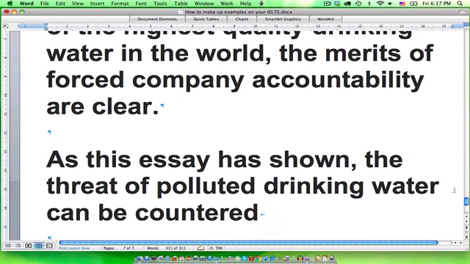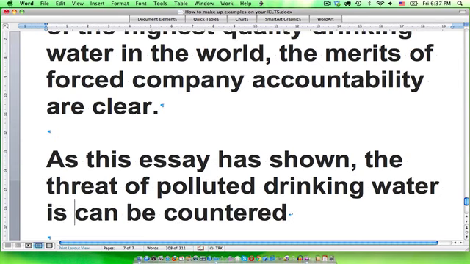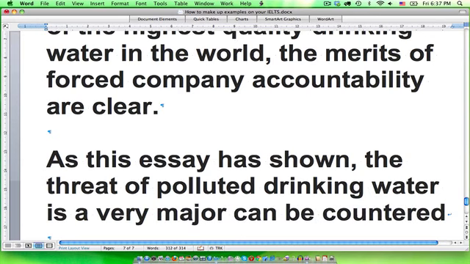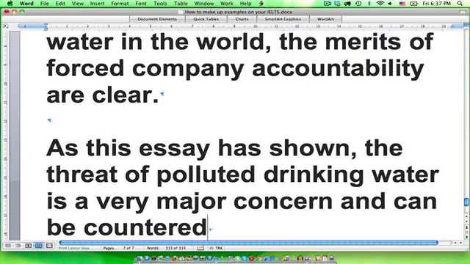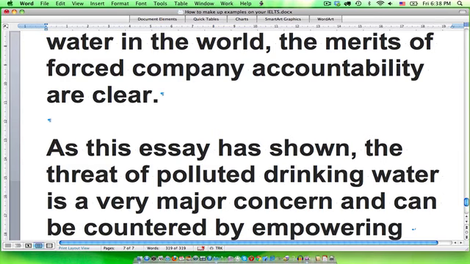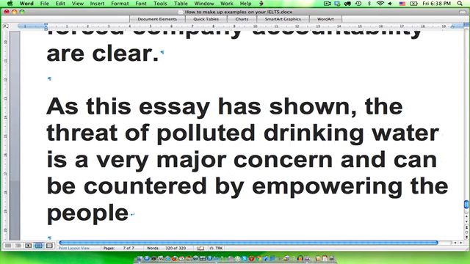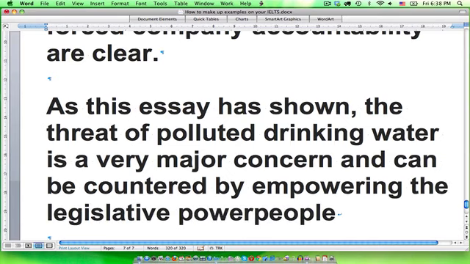Maybe we might even say here, the threat of polluted drinking water is a very major concern and can be countered by using fines, or by perhaps empowering, it's a good word to use that we haven't used yet, empowering, by empowering the legislative power of people. Oh, I've used power twice here. Okay, by empowering the legislative ability of people,